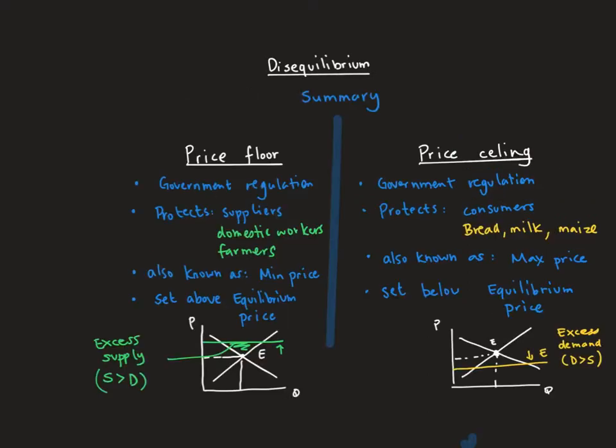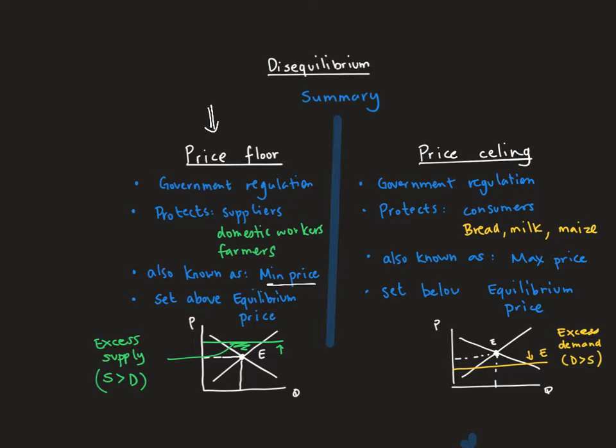So to summarize the price floor and the price ceiling, we both know that it's a government regulation that sets a price control or limit on the prices. In terms of the price floor, we have a situation which protects suppliers like your domestic workers and your farmers. It's also known as a minimum price, and the price is set above the equilibrium price as shown in this example below, where we have a situation called